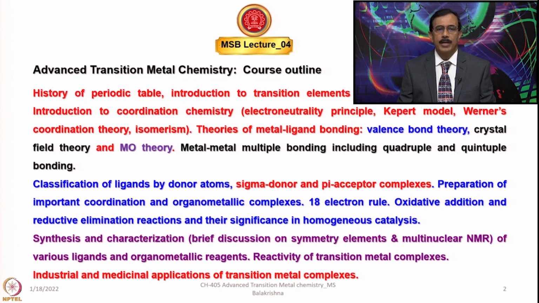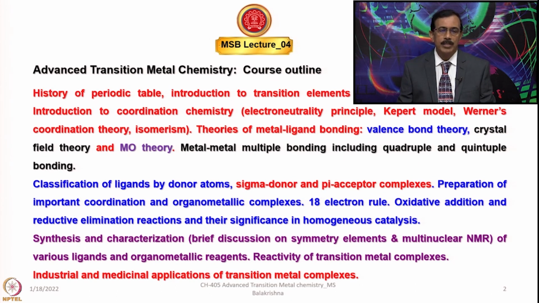Once that is completed, I shall begin with theories of metal-ligand bonding that include valence bond theory, crystal field theory and molecular orbital theory. I would give more attention to crystal field theory to explain all possible geometries and their splitting, and then I shall tell you about metal-metal multiple bonding, including quadruple and quintuple bonding, and ligands, which are important components of coordination